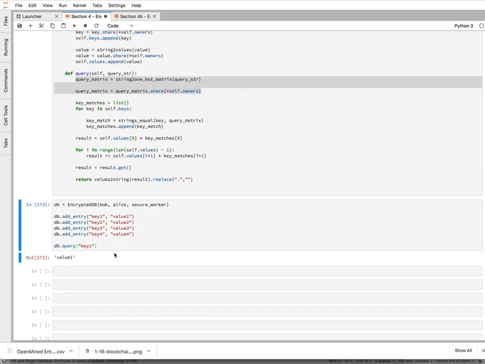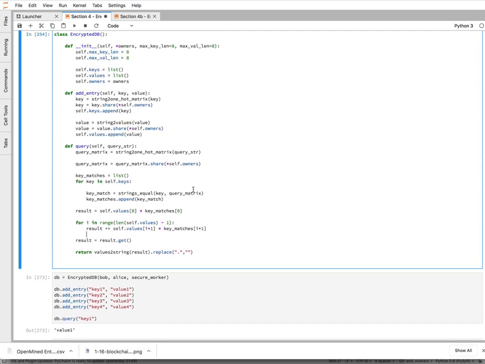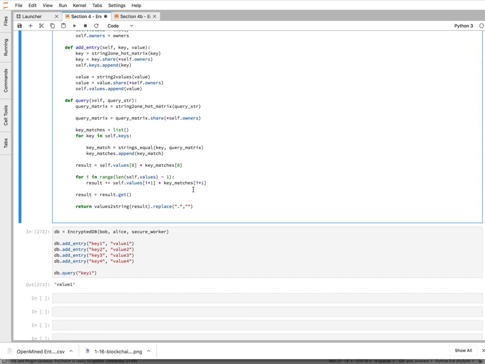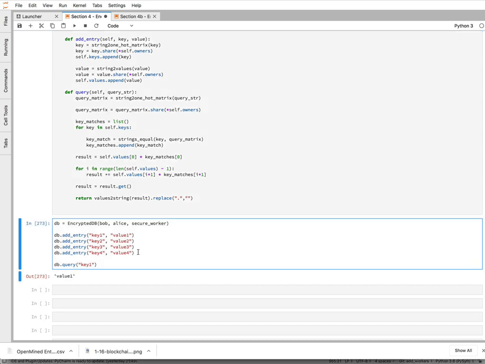So I hope you enjoyed this interesting demo, and that you are inspired that these basic building blocks can make it so that we can build encrypted data structures and encrypted programs that have this kind of decentralized governance, right? So maybe just a slightly different demo here would be to say, okay, what if we